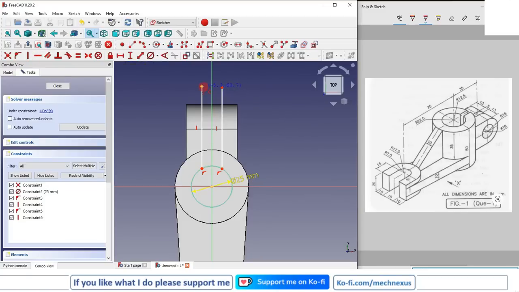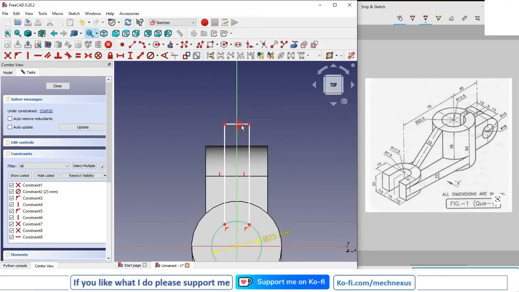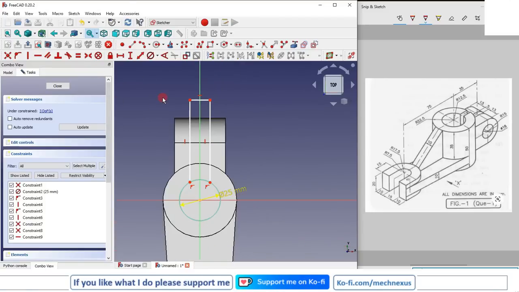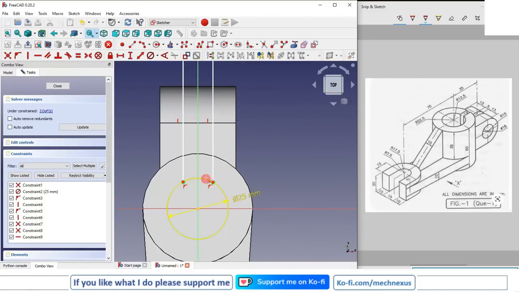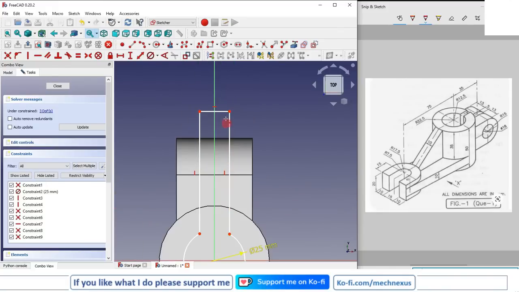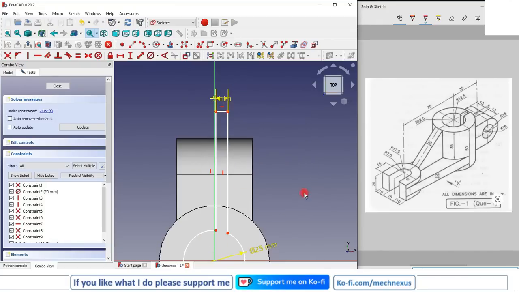and I will join these two, and I will make it horizontal. This is 5 mm, so I will give the dimension. Before giving the dimension, let's trim the unnecessary geometry. Okay, and now I will give my dimension 5, and I will move it,